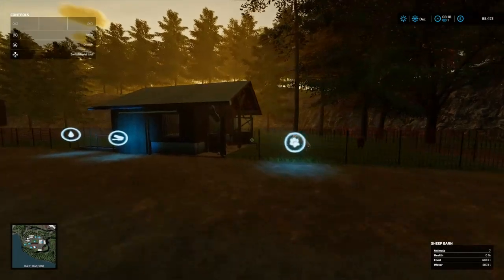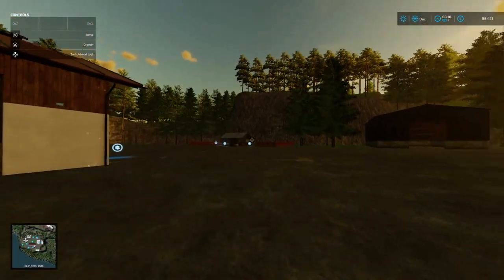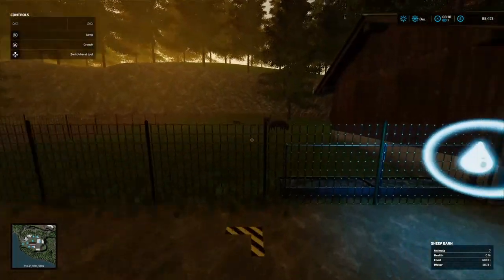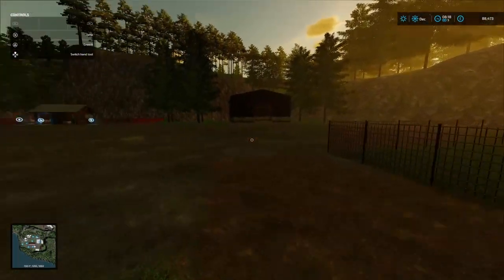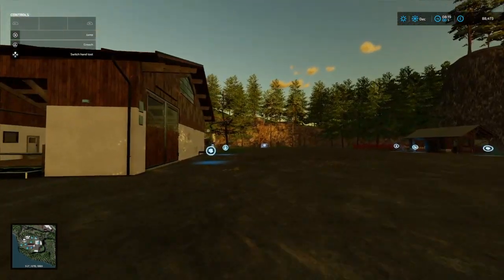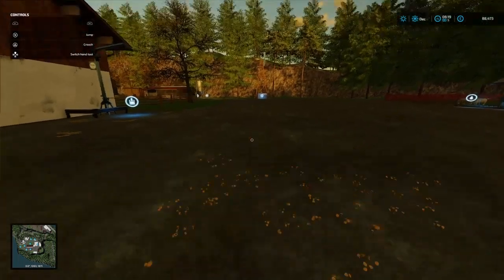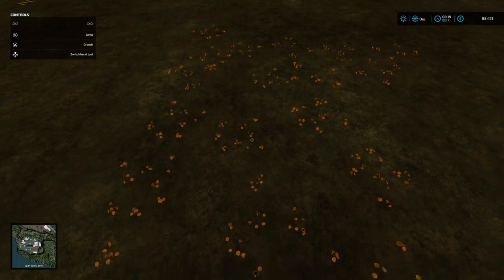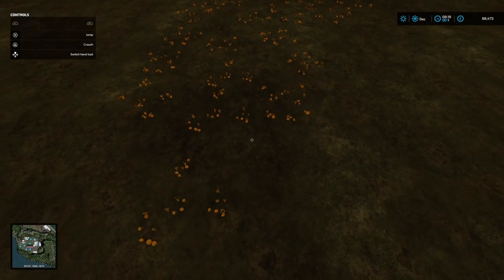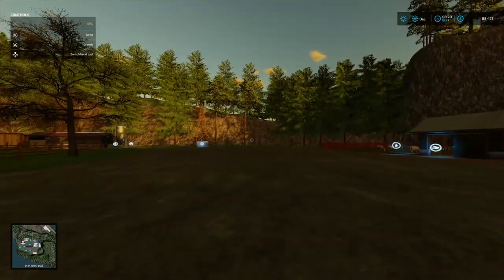Sheep pens, I've got one here, and I've got one over there as well. They hold about 25 sheep each, so that's 50 sheep in total, all filled up and ready to go. Got myself the old water pump down there. Is that mushrooms? Anyway, so